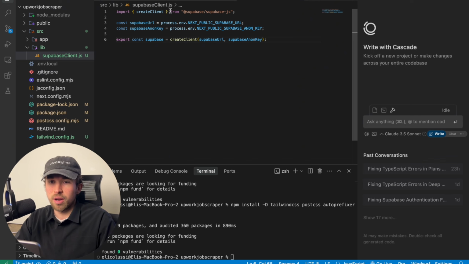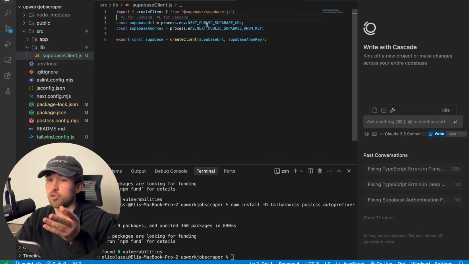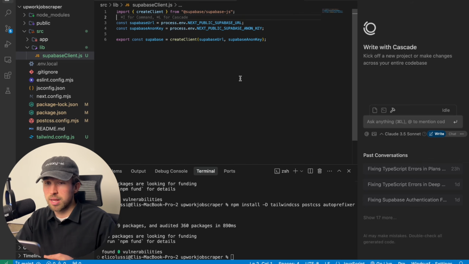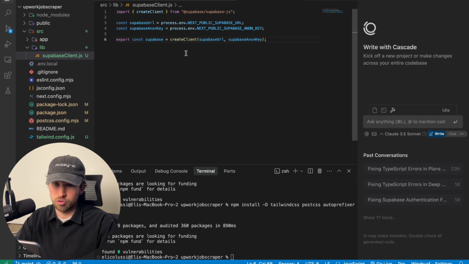So basically what we've done here is we've imported our module, createClient right here. We've referenced our API keys, or I should say our Supabase URL and our anon key, so that our project can talk to Supabase and use this createClient module to actually create our client in the backend, so that when somebody signs up, we can save them to our Supabase database.